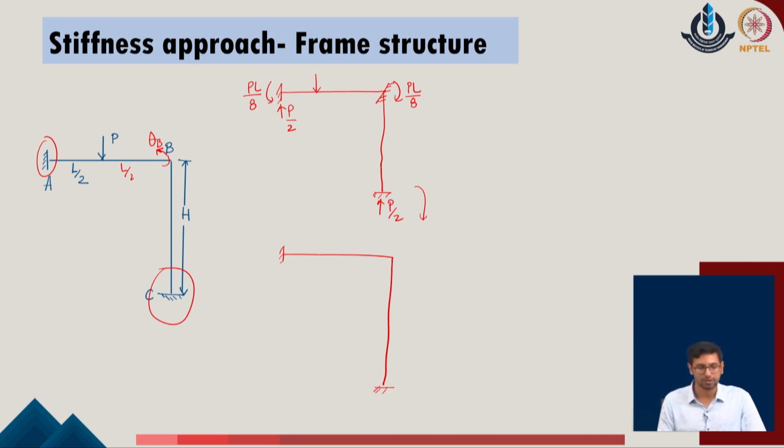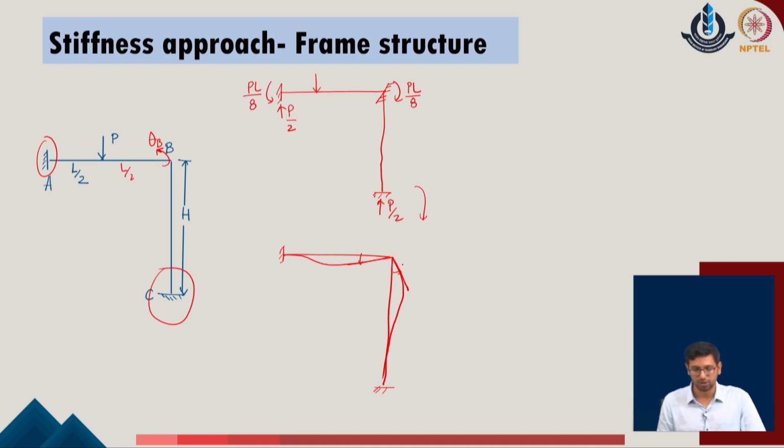So, even if you release the rotation at joint B, that does not mean members AB and BC will have two different rotations. We will simply say that the overall joint moves in a perfectly rigid manner, and this will be some amount of rotation which we have provided to the given system, which is common. Now, corresponding to that, we can draw the deflected shape of the given system, and with respect to this deflected shape, we can now evaluate the end moments in the given problem.